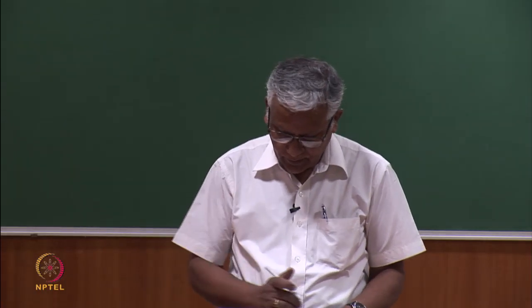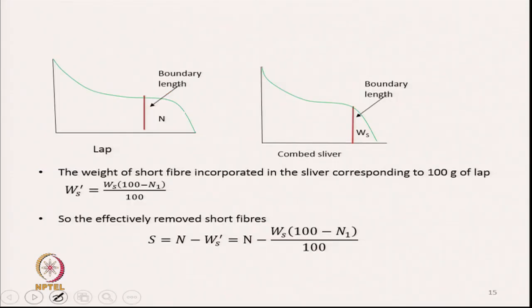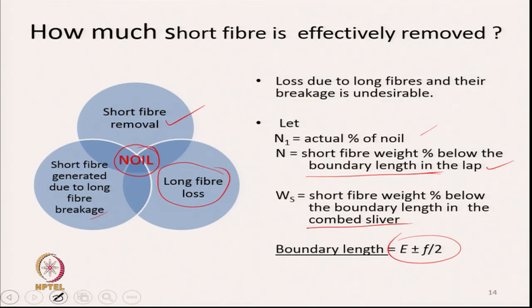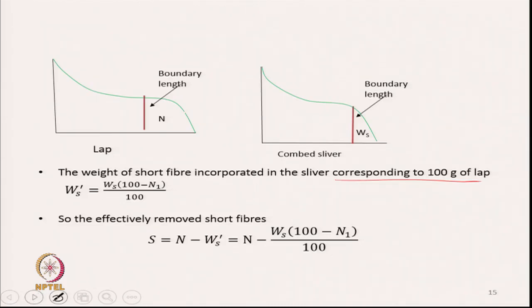Therefore, if these are the values, then the weight of short fiber incorporated in the comb fiber corresponding to 100 gram of lap is going to be W dash S, which is Ws into (100 minus N1) by 100. What is Ws? We have already told in the previous slide, short fiber weight percentage below the boundary length in the comb fiber. So, this area indicates basically Ws,